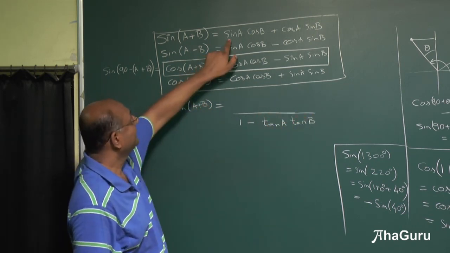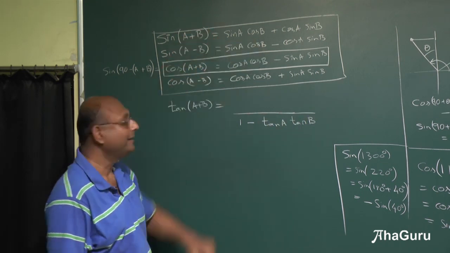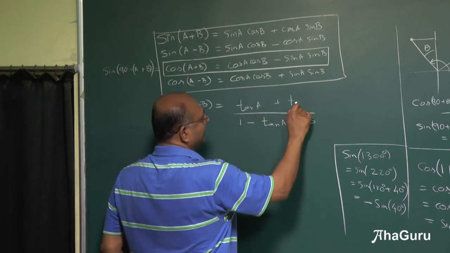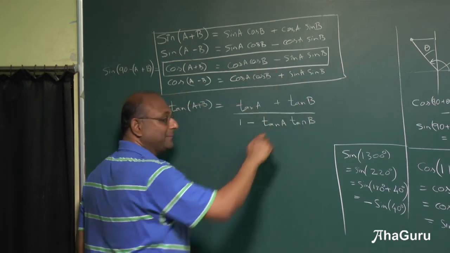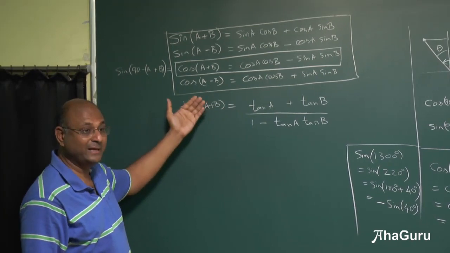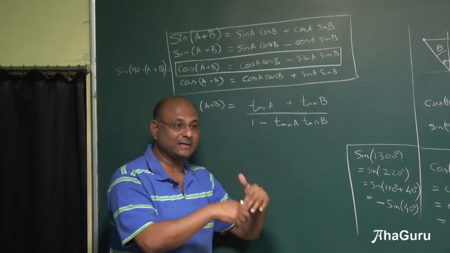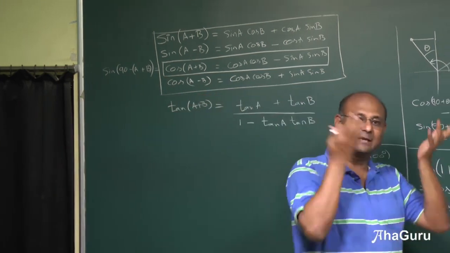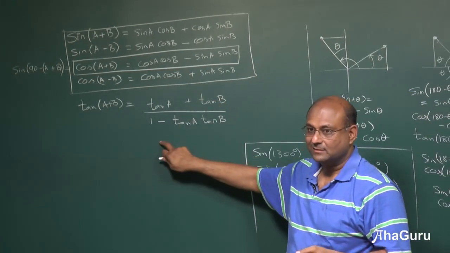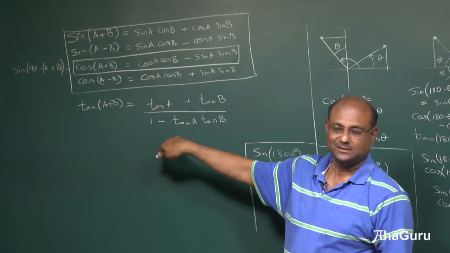The numerator, when I am dividing by cos a cos b, the cos b cancels out, sin a by cos a, tan a plus tan b. Now you see, it has both a plus and a minus. But that's good in one way, because when tan b increases, tan also increases. This increases, this basically decreases. So overall 1 by decrease will still mean an increase. Okay, so that is a plus and this is a minus. That is the sine, this is the cos. Cos had the minus, so this has a minus, that has the plus.